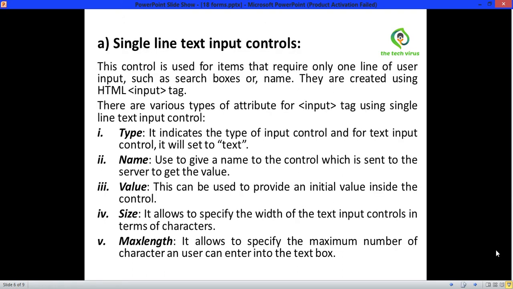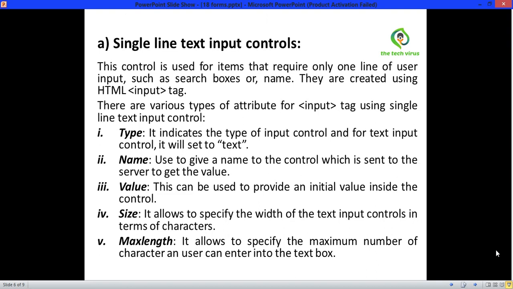Now see, single line text input control. This control is used for items that require only one line of user input such as search boxes or name. They are created using the HTML input tag. There are various types of attributes for the input tag using single line text input control. First one is type. It indicates the type of input control, and for text input control it will be set to text.